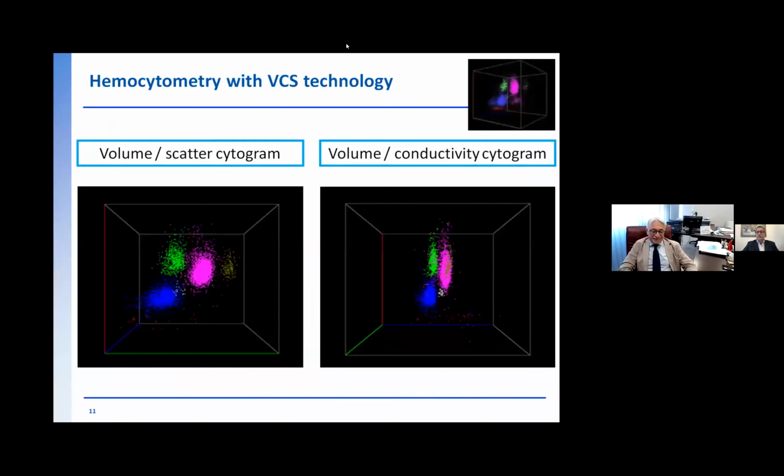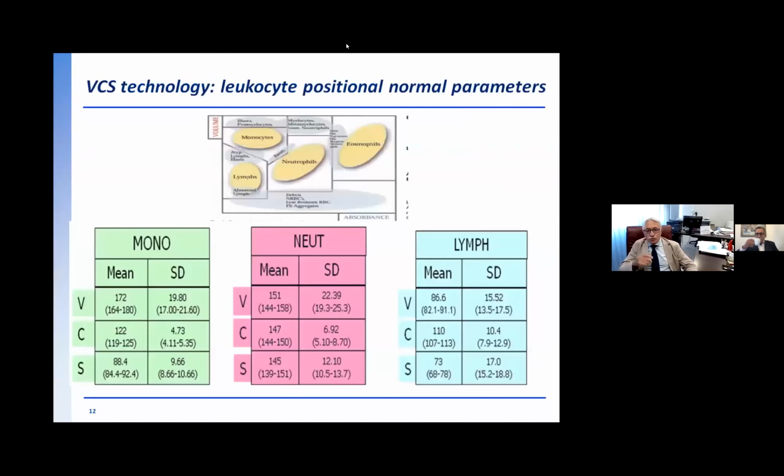This is a platform that wanted to analyze volume and scatter of the cells. As you can see, the scatter cytograms with the 3 main populations: lymphocytes, monocytes, and granulocytes. And there you can see the normal values concerning size, conductivity, and scatter of this technology that was used at the time,